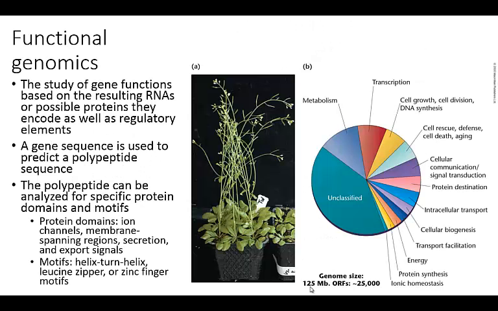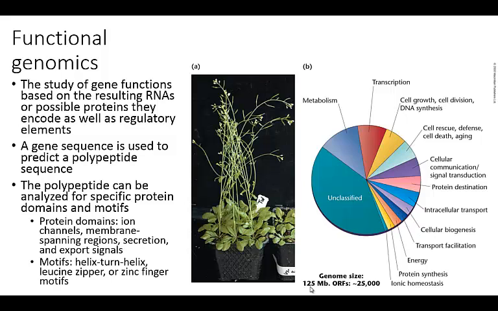In functional genomics, what we're doing is looking at the study of gene functions basing on the RNAs or possible proteins that they code, as well as their regulatory elements. So you're using your gene sequence and you're predicting that polypeptide sequence. You can then analyze that polypeptide or amino acid sequence for specific known protein domains and motifs. So there are known protein domains such as ion channels, membrane spanning regions, secretion signals, export signals, and so on. If your putative protein contains some of these, it might give you a hint at the function of